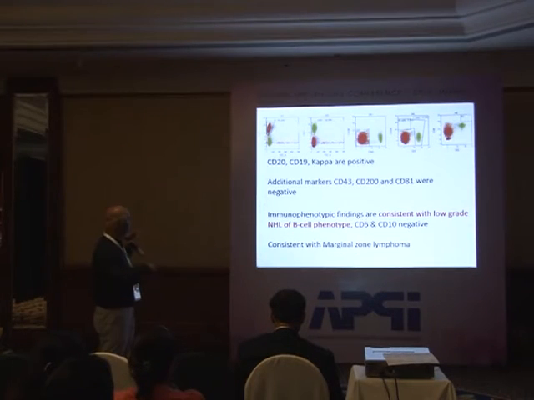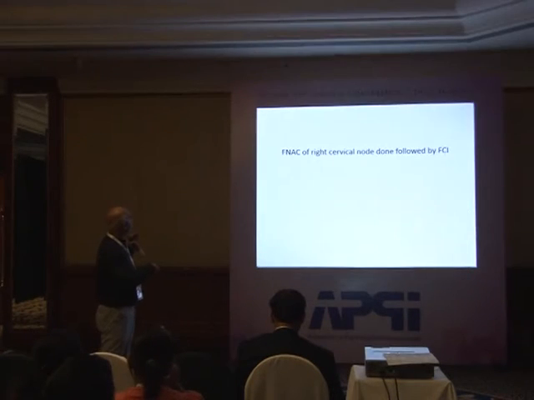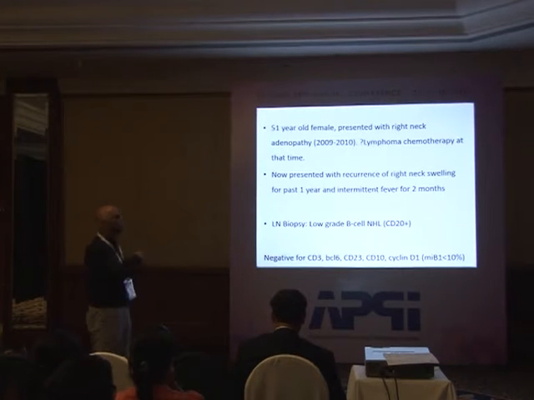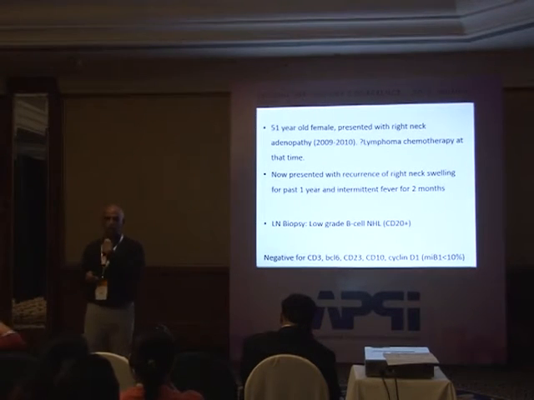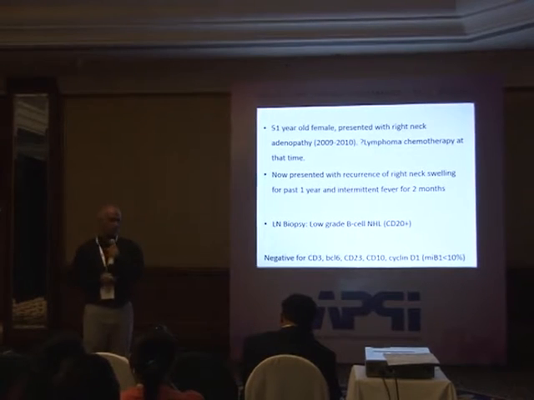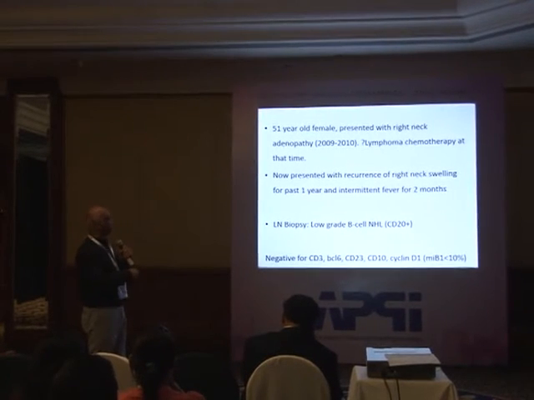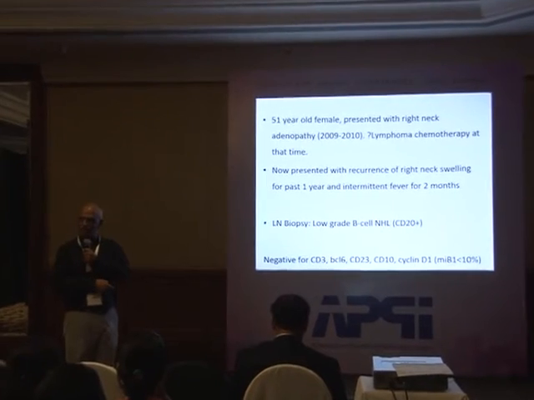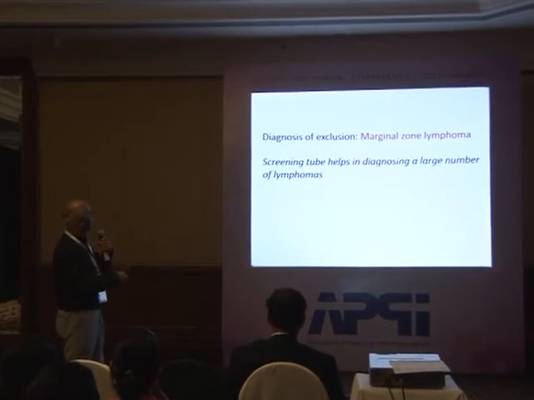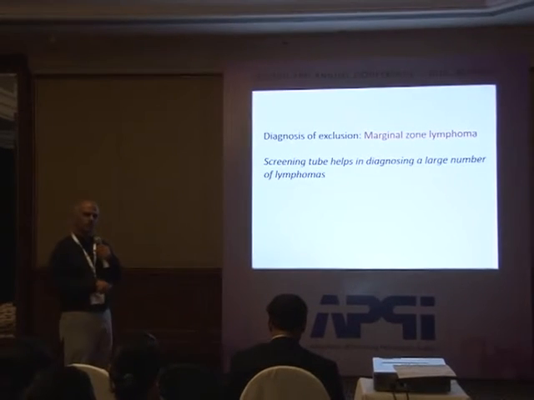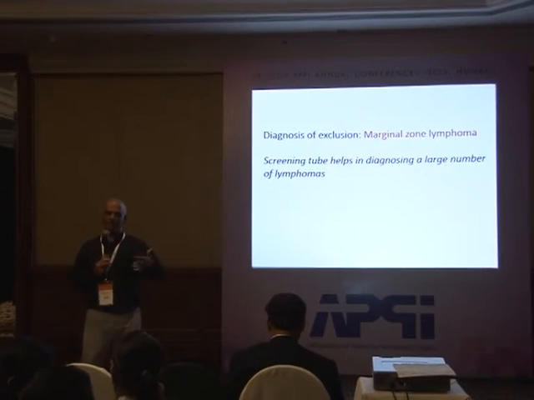The patient had low-grade lymphoma in 2009 and was given chemotherapy for that. Maybe it was required, maybe it was not required. The patient was okay, and again developed a low-grade lymphoma now. Sorry, so it was low-grade lymphoma in 2009, was given chemotherapy, and the low-grade lymphoma relapsed. So low-grade lymphoma, marginal zone lymphoma. It's a wastebasket, a diagnosis of exclusion. The common lymphomas are SLL, follicular, mantle, followed by marginal zone lymphoma.